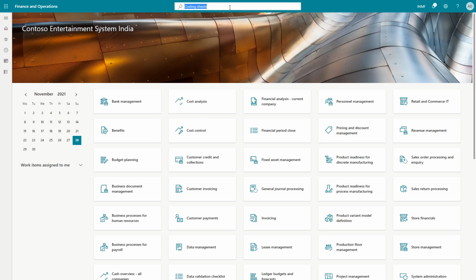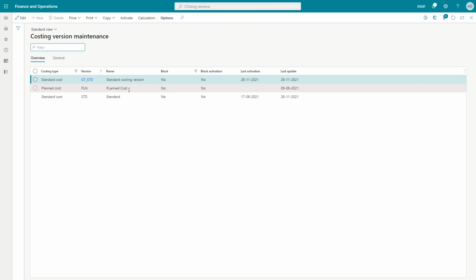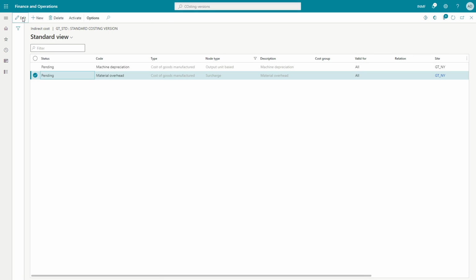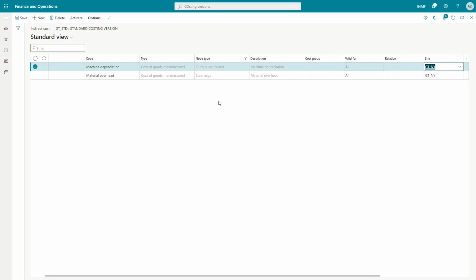So now let's go into the costing versions. Talking about depreciation, so I'm removing this depreciation right now. Selecting it again. Now I can select the item group,